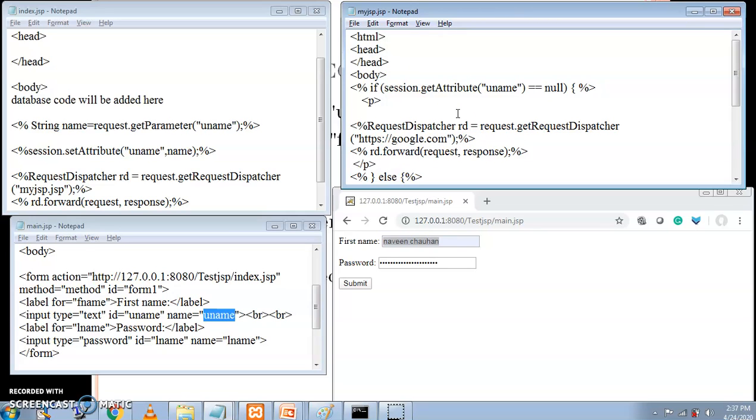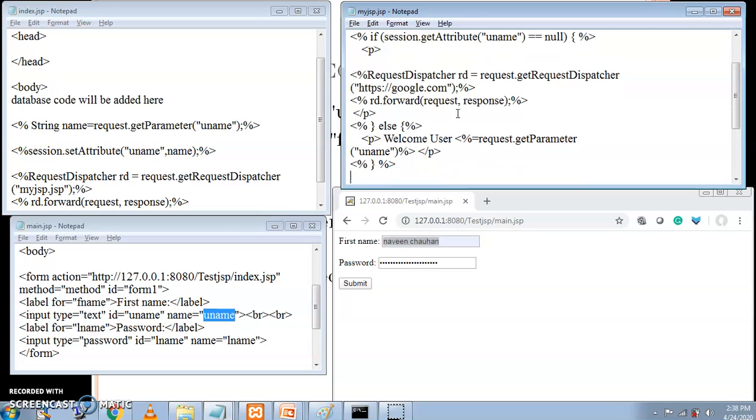So here you can print anything, here you can write anything like this. So if it is successful, if the session is successful, right? So else I'm just giving it here. If it is successful, so